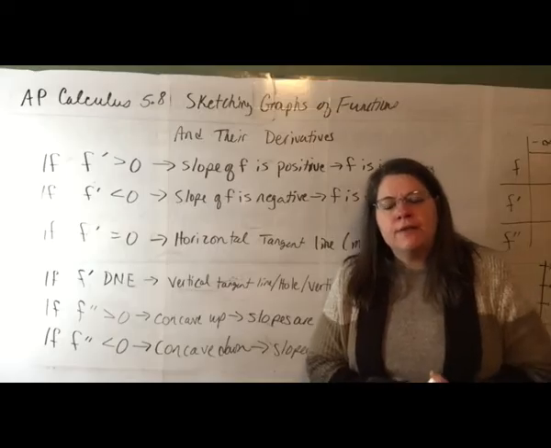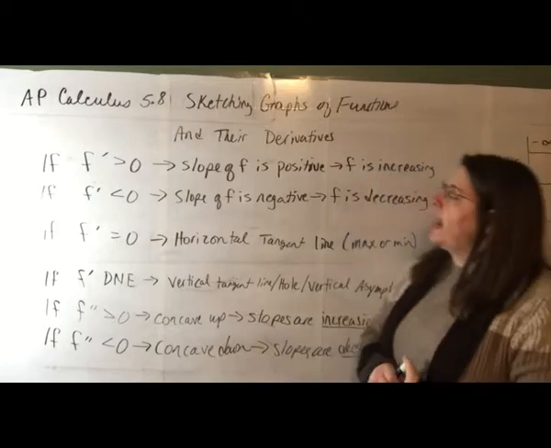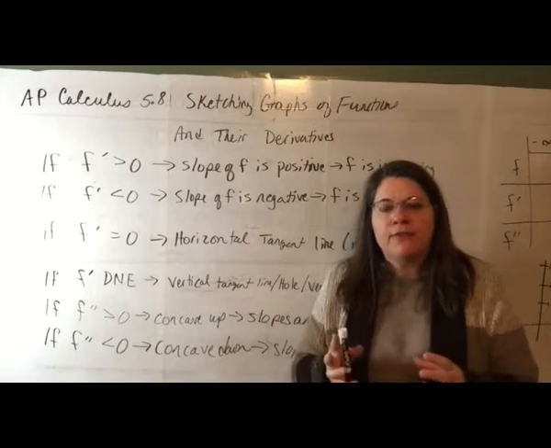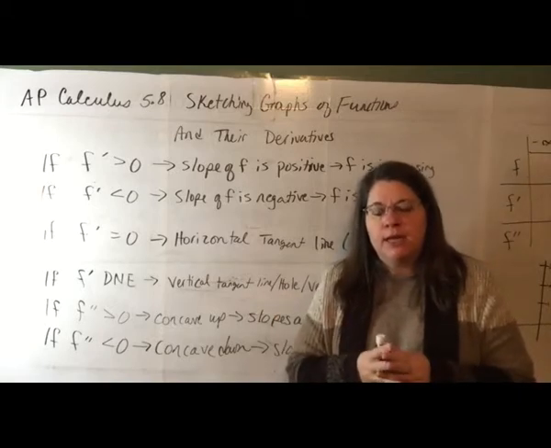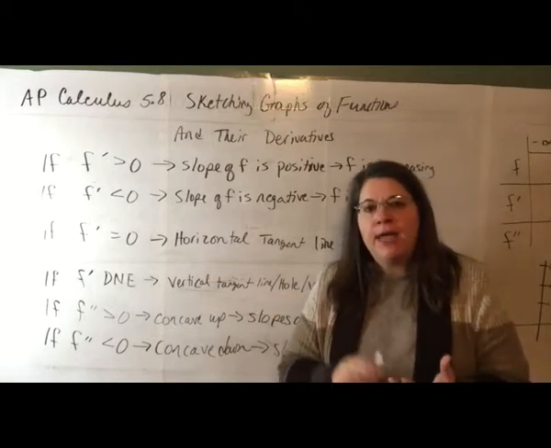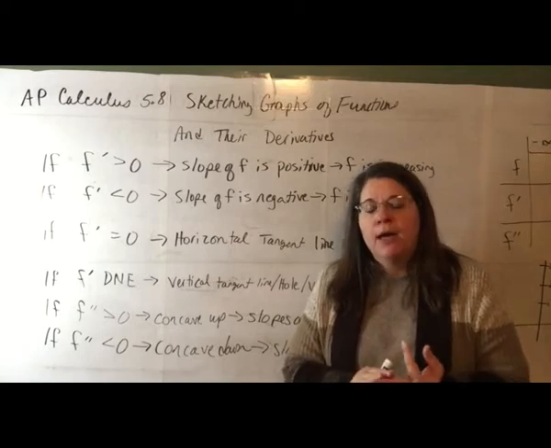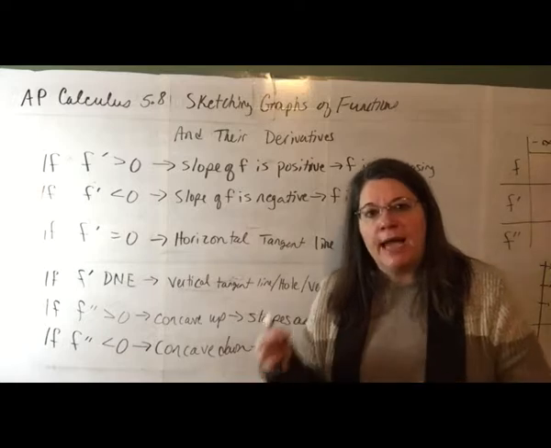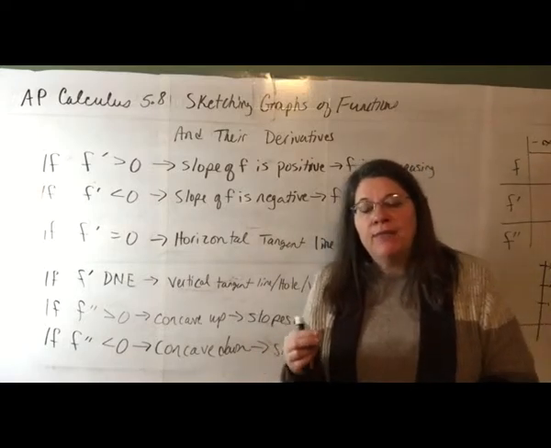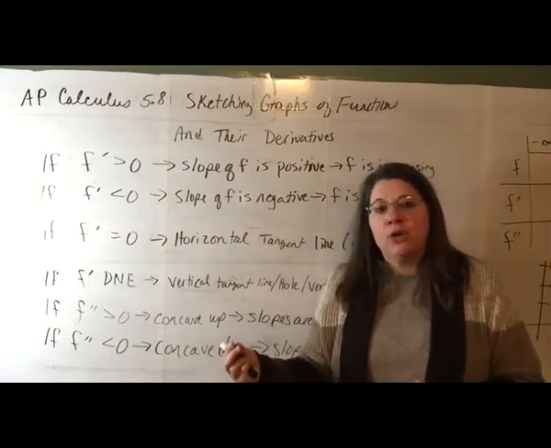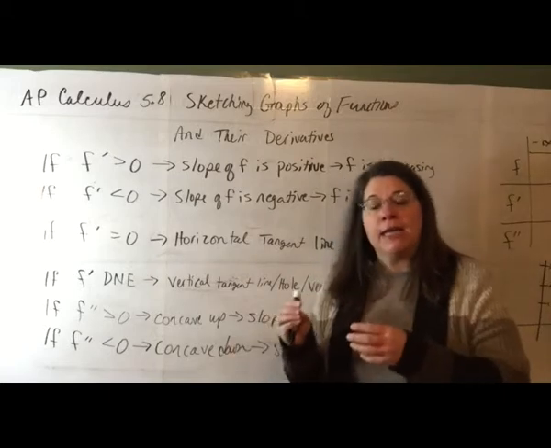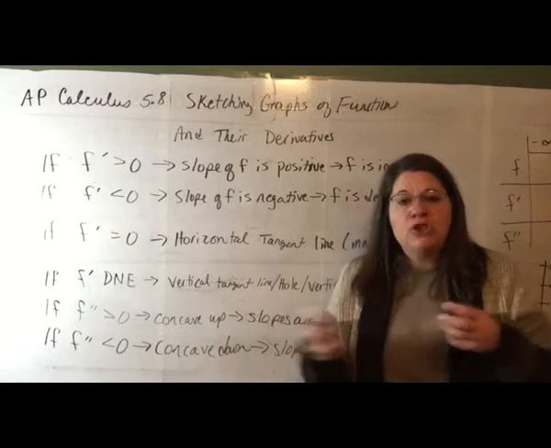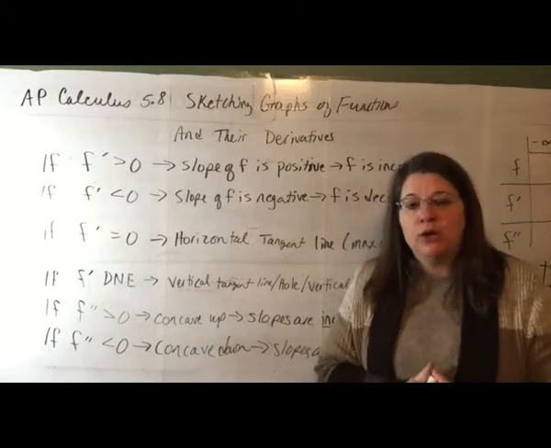This is AP Calculus 5-8, sketching graphs of functions and their derivatives. What we're going to do in this section is put a lot of stuff together that we've talked about and talk about how f prime and f double prime look as graphs, how those things affect what your f graph looks like. And then in the next section, we're going to go through and start comparing your f graph with your f prime graph and your f double prime graph, and just make a bunch of connections between those three